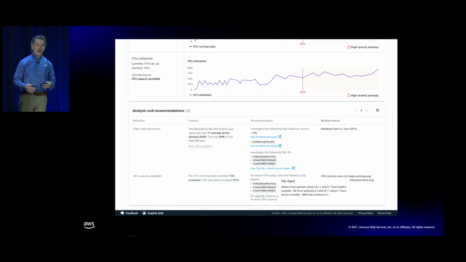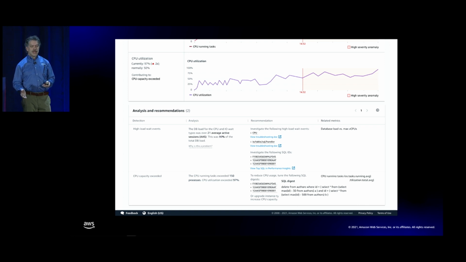We feel that this will help all kinds of users of these databases, not only users of DevOps Guru for RDS. So conveniently on this page, linked here, is a link to the new documentation that we've created for each one of these wait events that will show up in these findings. And this documentation provides diagnostic guidelines for each of these wait events.